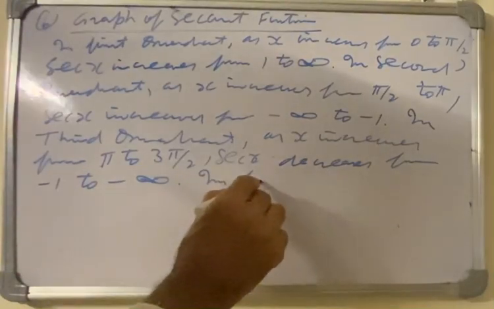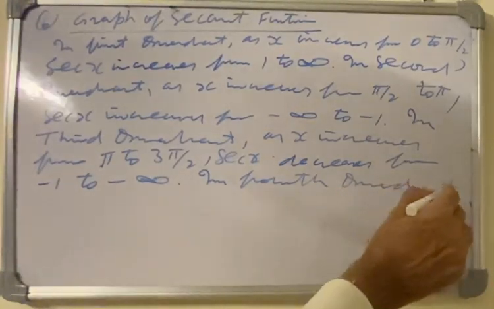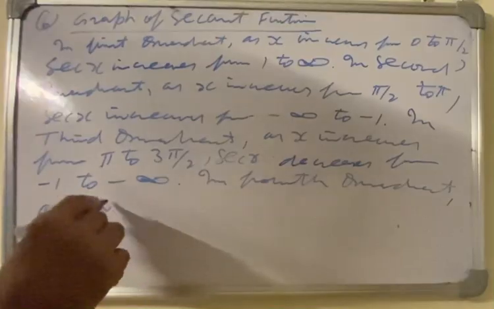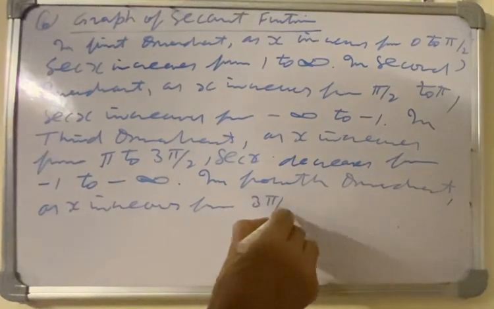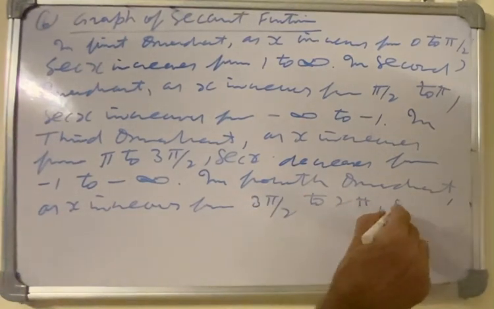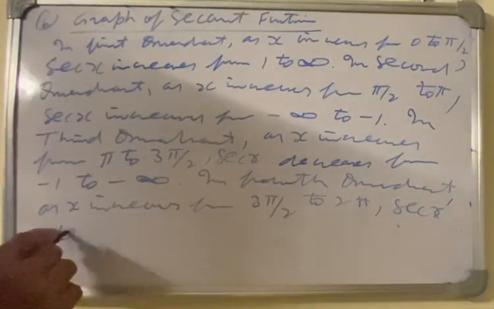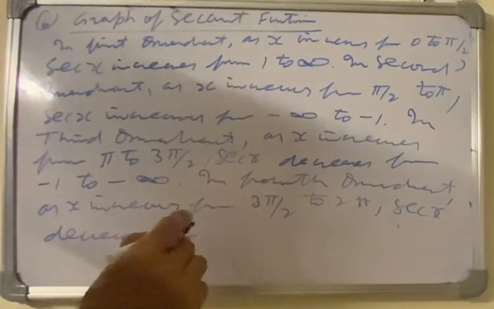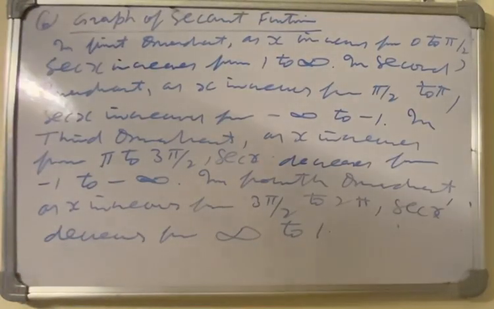In fourth quadrant, as x increases from 3 pi by 2 to 2 pi, then secant x decreases from infinity to 1. So we draw its graph